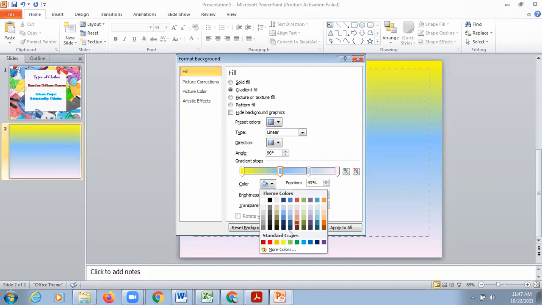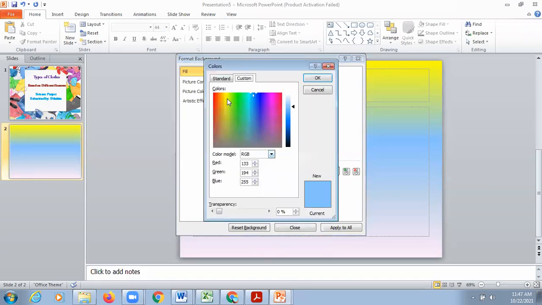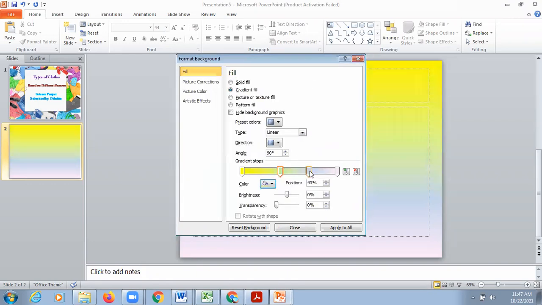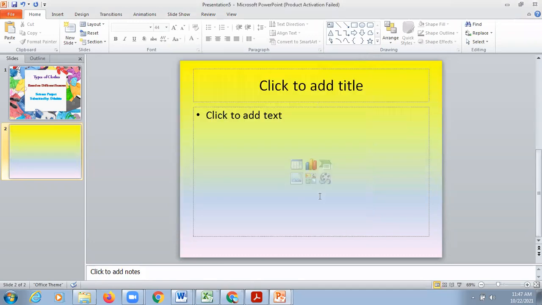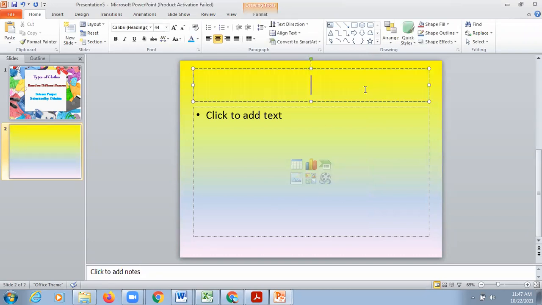Change the color again. इसको हम थोड़ा सा और चेंज करके लिटिल ग्रीनिश में लाते हैं और नीचे से इसको ब्लू ही रहने देते हैं. So summerish shade आ गया ये. ठीक है. Now here I can write summer season.